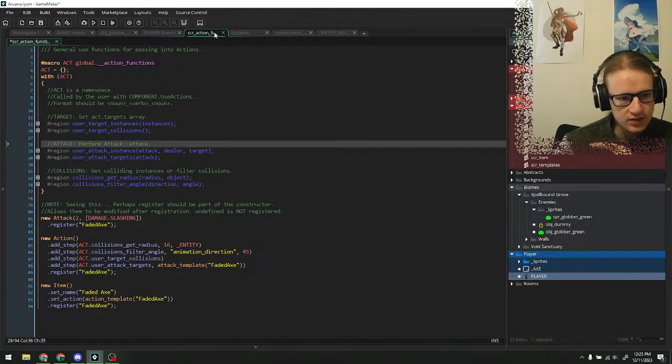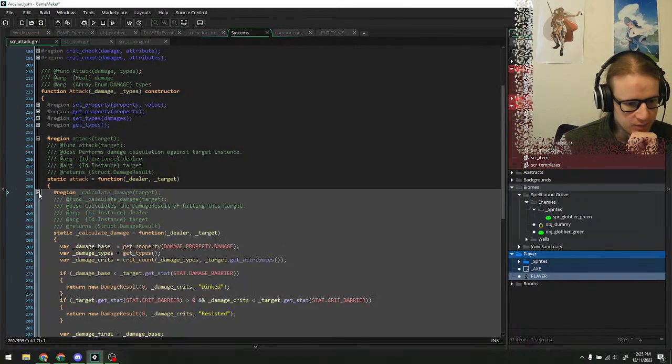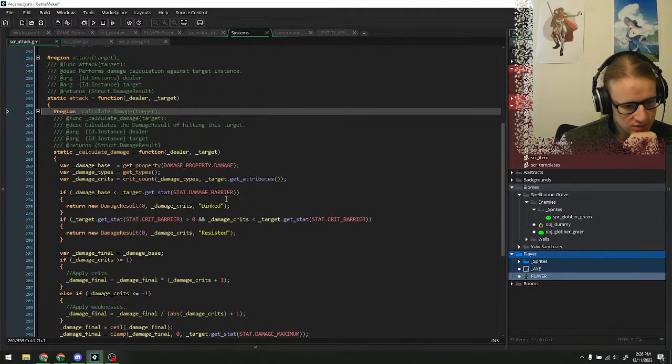Okay, that's committed. Calculate damage needs to include the hit stun frames and the